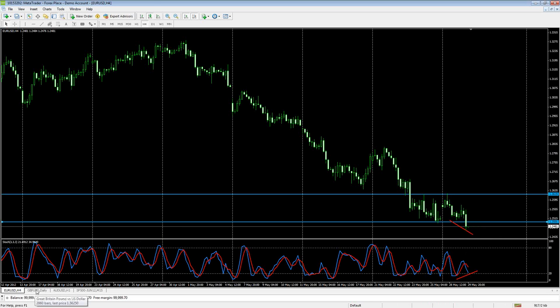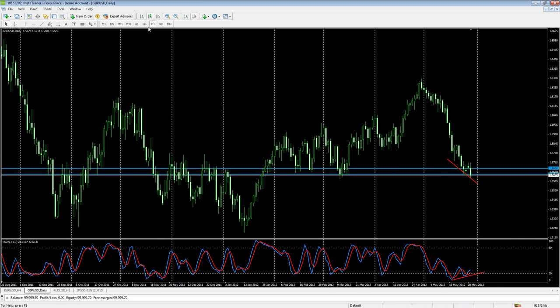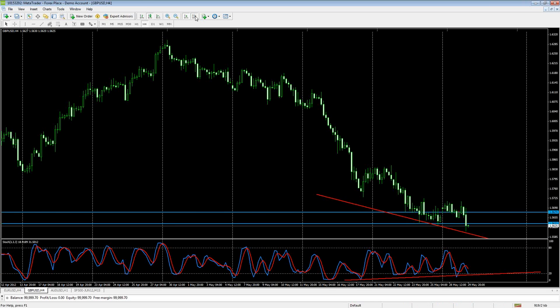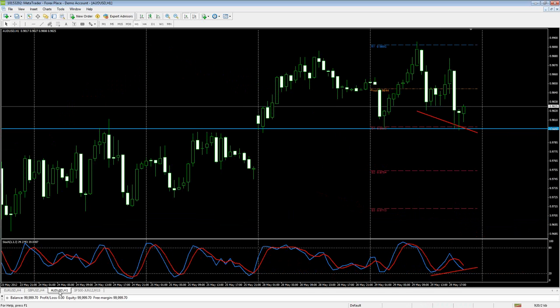these currency pairs, okay, these instruments like the euro dollar, like the pound dollar, if they don't manage to close above these lines tonight or tomorrow, then we may see a further decline in their prices. Okay,